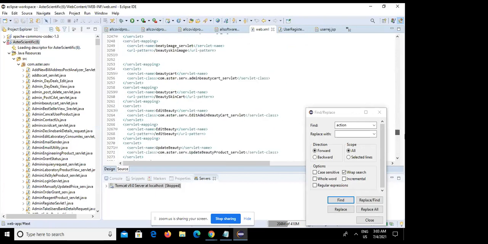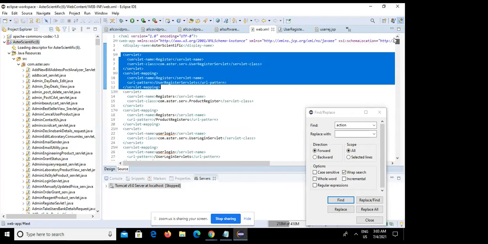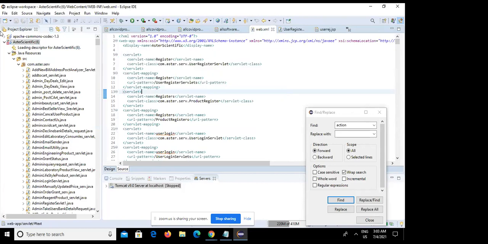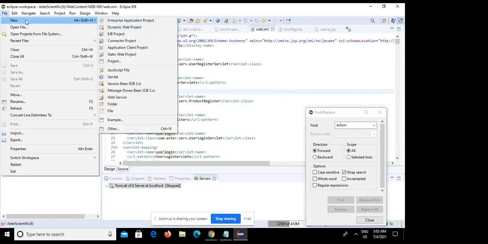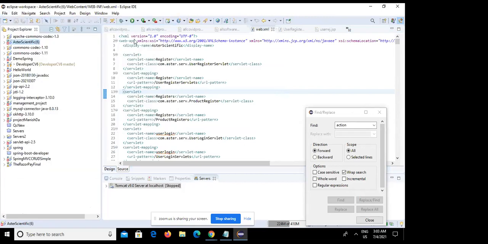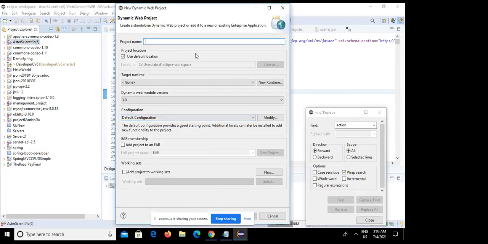So this is all about basic structure. Web XML is very simple and very useful. So here are the very new candidates. I am making one project in front of them, a new dynamic web project. So whenever demo, I am putting demo. Now see, here is something like web module version.